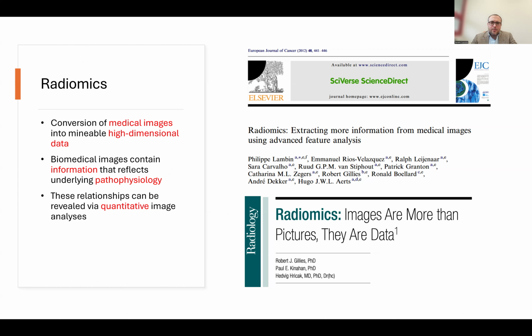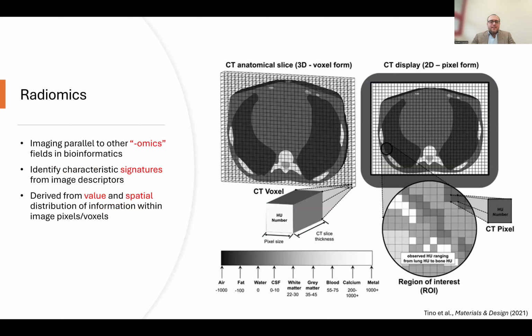And this kind of information is hidden to traditional qualitative assessment by radiologists and should be unlocked through this kind of computer-guided analysis. And essentially, radiomics is born out of the application of concepts behind other omics fields in medicine, such as metabolomics and proteomics and genomics,